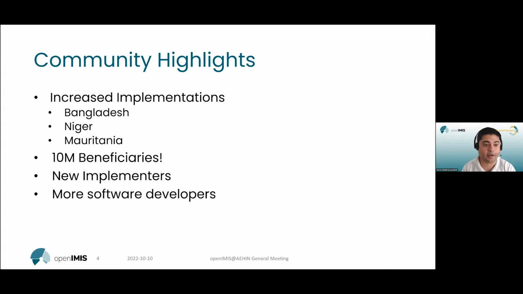In Africa, we have two new implementations this year in Niger and Mauritania for health insurance schemes. We do have new ones also in the pipeline, for example, in the Gambia. And with these implementations, the number of beneficiaries that openIMIS serves has reached the 10 million mark. So over 10 million beneficiaries are actively being managed in various implementations of openIMIS.